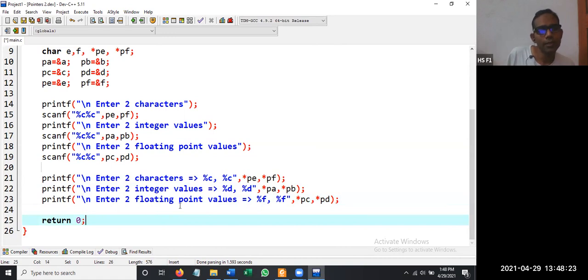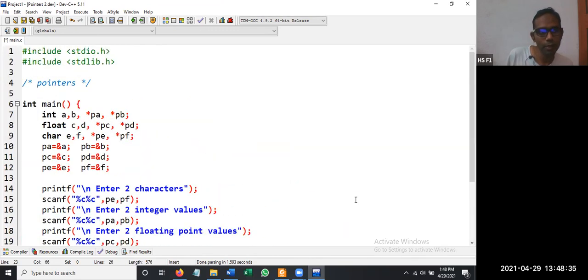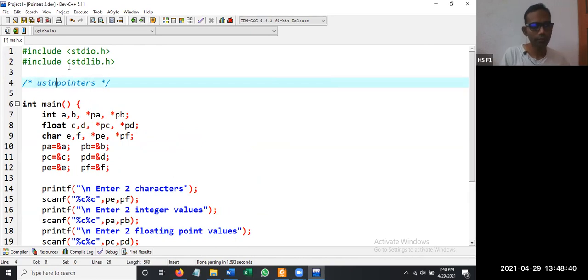So you might be asking, sir, what is the size of an integer pointer? What is the size of a character pointer, float pointer? So in order to see the pointer size, let us elaborate this program, using pointers, accepting and printing values of different types.